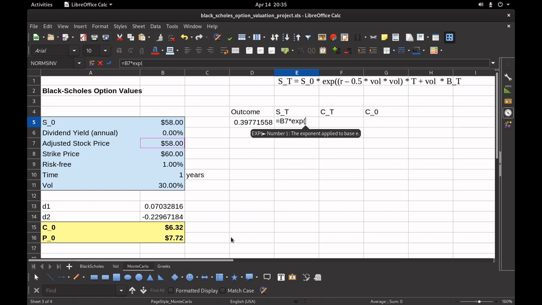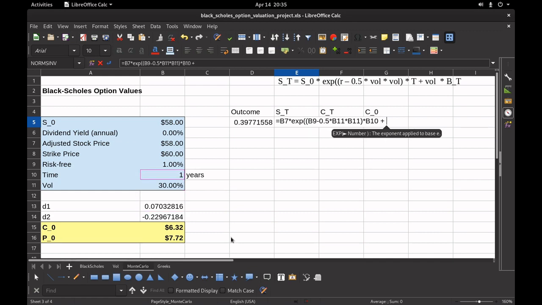Now I need two parentheses. Now we have the risk-free rate minus 0.5 times vol times vol. You could do the variance, but I'm accustomed to just having vol times vol here, times time,